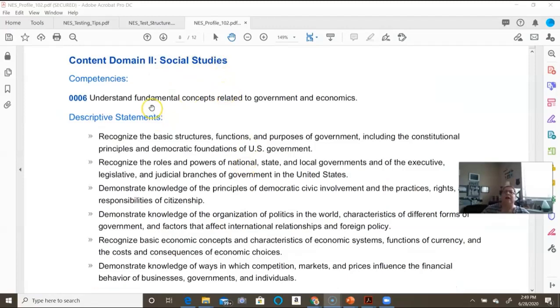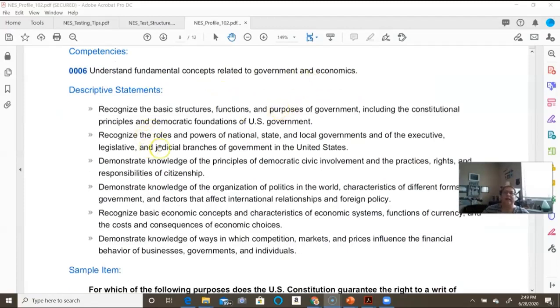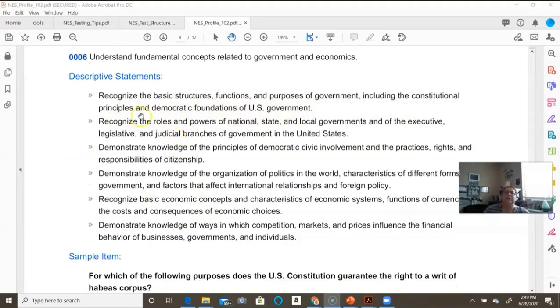You have understand fundamental concepts related to the government. So this is the overall content area, and then here are your goals. You need to be able to recognize basic structures, functions, purposes of government, including the constitutional principles and democratic foundations of the government. So if you go through this in detail and break it down for yourself in an outline form of,